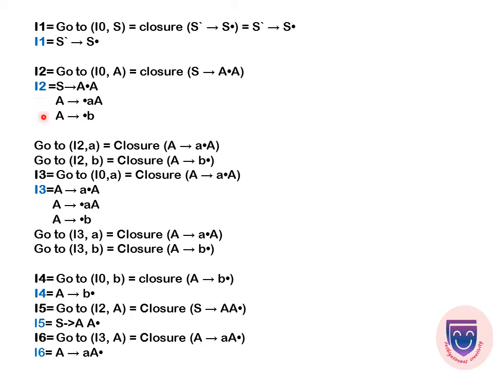Look at the states. Like I1 and I2, we are doing the same for I3 and I4 also. In I3 we are making the transition on small a, a non-terminal symbol. We get A tends to A dot A. In I4 we are moving one step to the right side of the production. The dot symbol is moved to the right side. Look at the state I2. It is not finished because we do not have the dot at the end of the production, so we have to iterate it further.